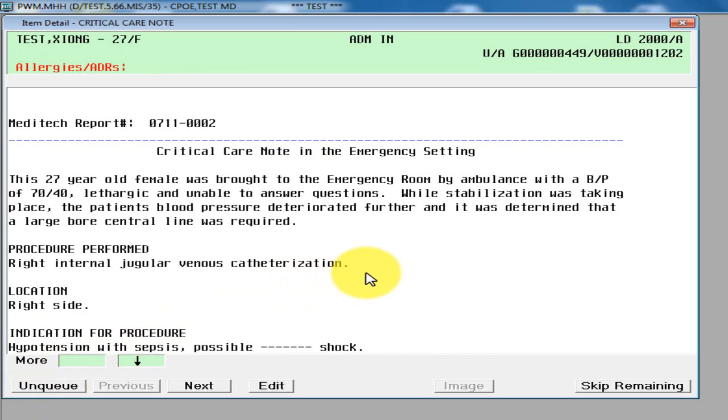It's now going to flip me to my next report. In this case, it's a critical care note in the emergency setting. When I look at this report, again, always make sure, I want to highlight this, that you're looking at the patient name so you can ensure that the report is the correct one for the patient. But as I'm looking at this report, I can see that I see